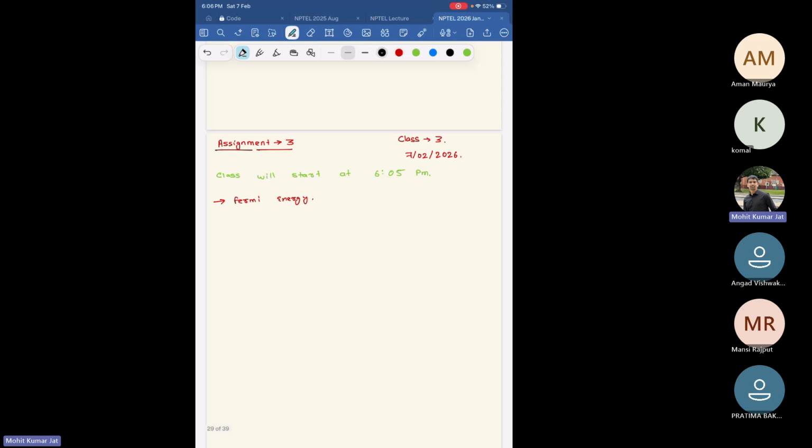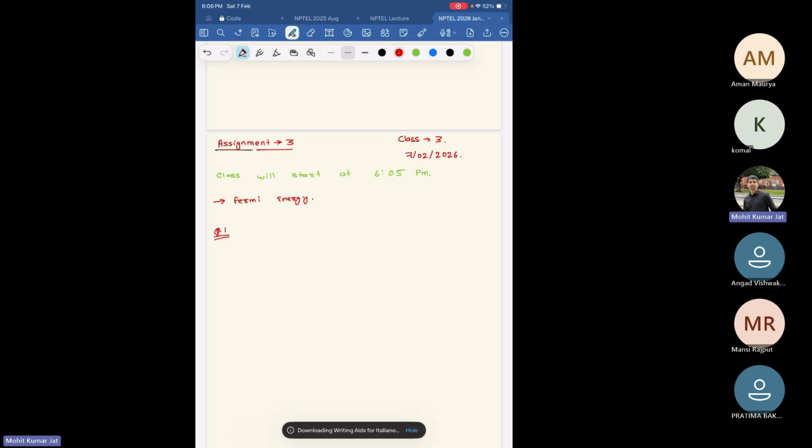So having said that, I will start, as usual, with a few numerical questions, which will give you a better understanding of the concepts and how to evaluate if a few of the parameters are given in the question, and then if you have to determine the unknown parameters, how you can approach the problem and what's the physics behind it. I'll be covering those things. So I'll start with question number 1,